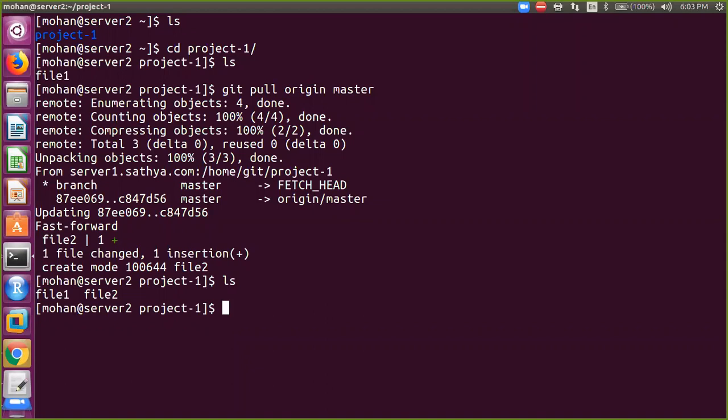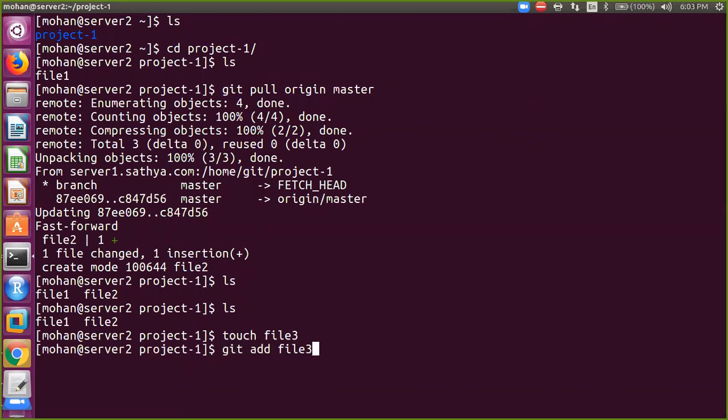Now the user Mohan will be developing some more files. Let's say file3, some other code. What will he do? He will add that file, and then he will commit that file with commit -m, let's say file3 added by Ravi.